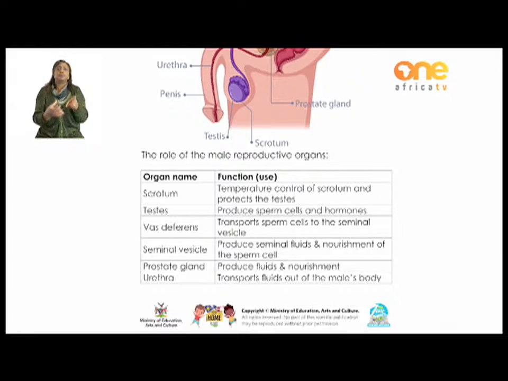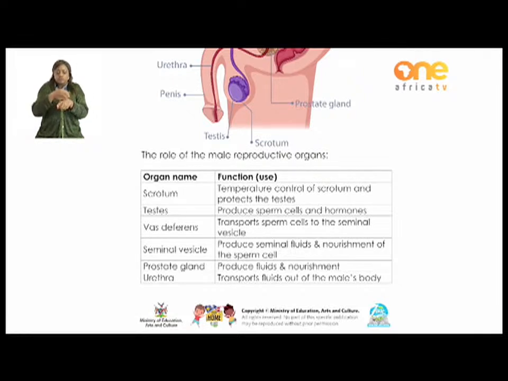To begin with, the scrotum. The scrotum is responsible for temperature control and protects the testes. The testes are responsible for producing sperm cells and hormones. And in order for them to do this, they require an optimal temperature that is provided by the scrotum. And once they have been produced, then the sperm cells and hormones must travel through the vas deferens